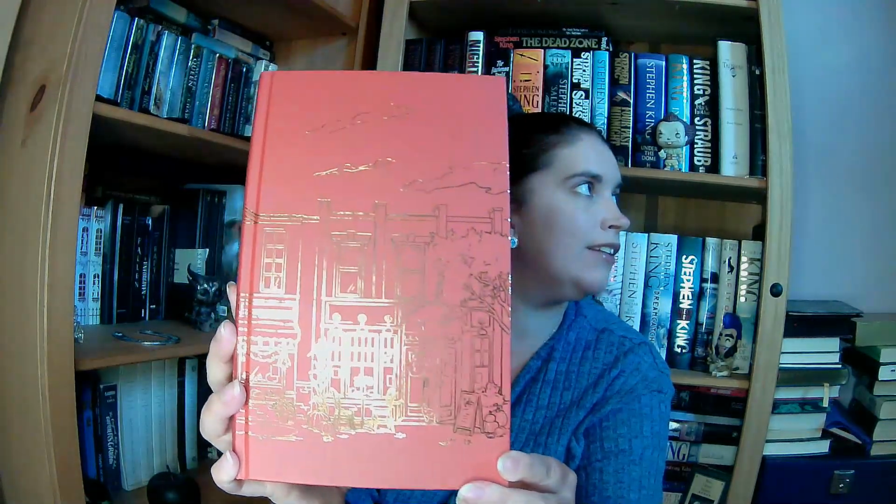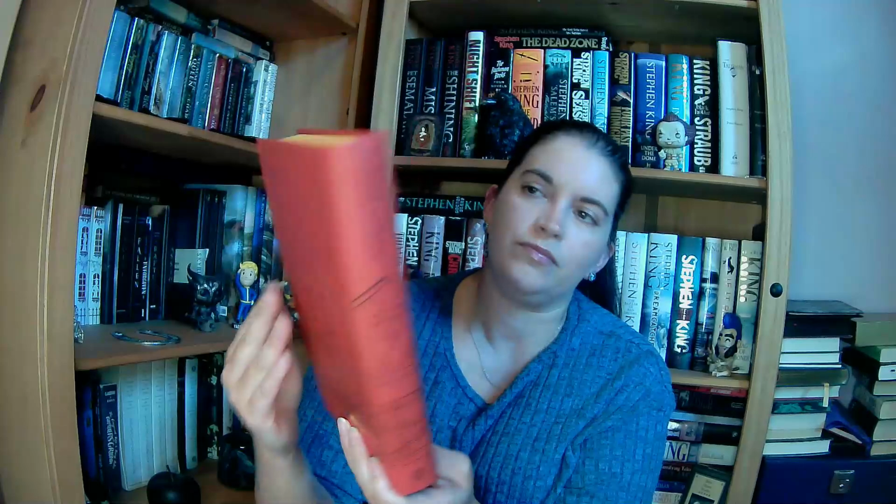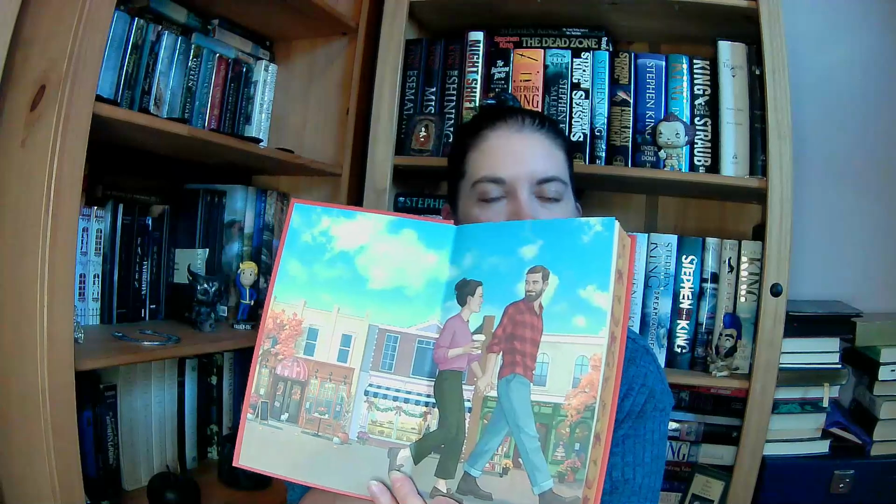It's like a written Hallmark novel. But it is, ooh, it's so pretty. Look at that foiling. Isn't that lovely? It's just gorgeous. And it's all the way around. And has inside artwork, which of course we love. And this. So yeah, it's pumpkin spice, it's got autumn, it's got a bit of Christmas in there because that